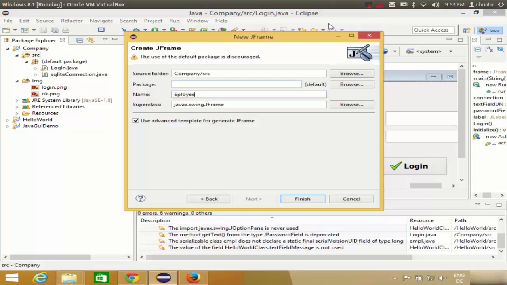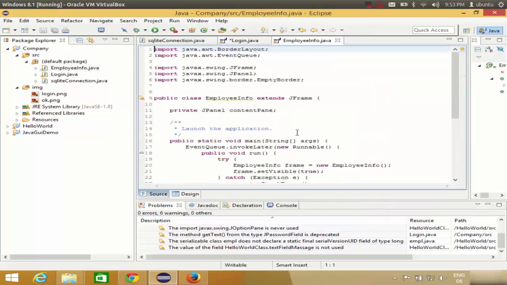Or let's say, what can be, sometimes I get confused in the spelling. So once again, employee info. Okay, so my class name is employee info because I am dealing with the employee database, right? So I want to show the employee data in the second form. Okay, so I will name my class accordingly, and I will click finish, and this will create a second